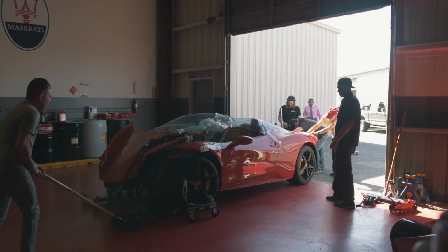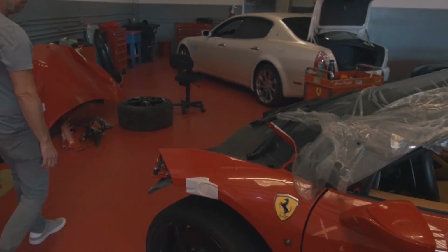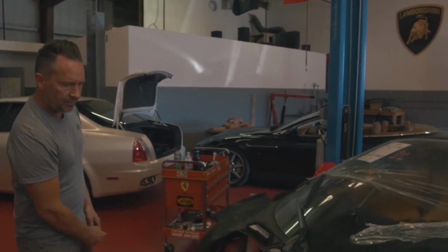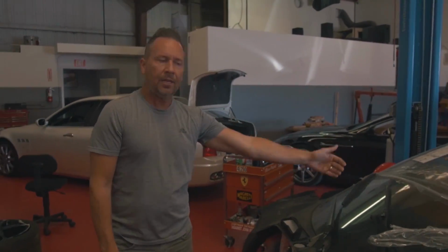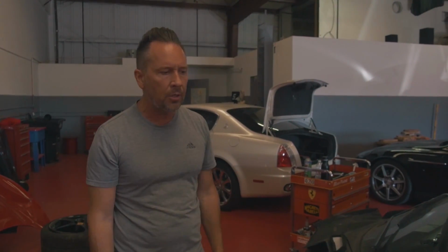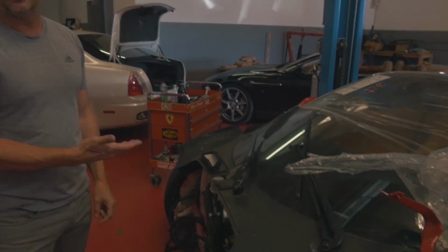That's what I'm saying. So this is a 458 Spider. This is the same car, the 458 Spider that we just picked up from the insurance company. And as you can see, this car had the front end ripped off of it. This car is salvage title, obviously. Believe it or not, in the insurance auctions, there's guys that would actually try to rebuild this. We don't believe in it. We don't think it should go back on the road. We will part this car out. But at the end of the day,